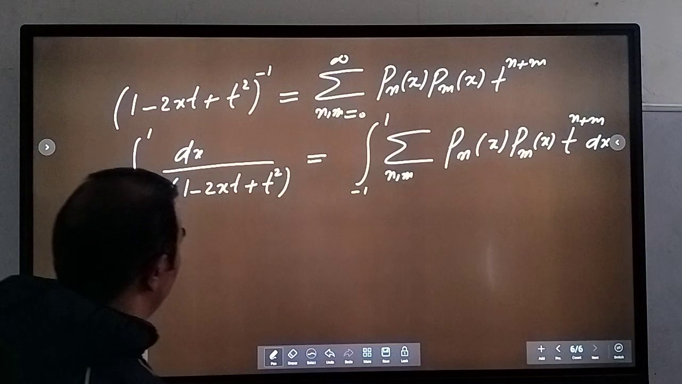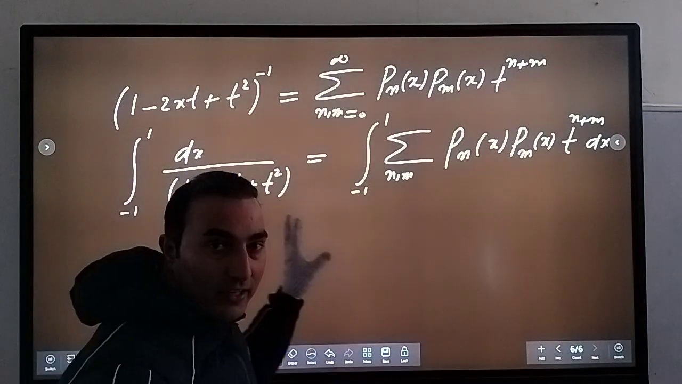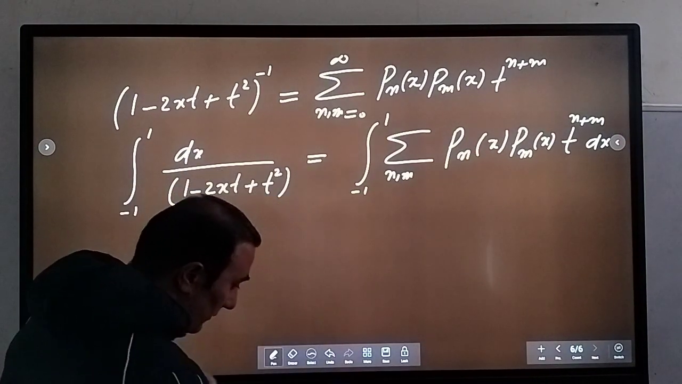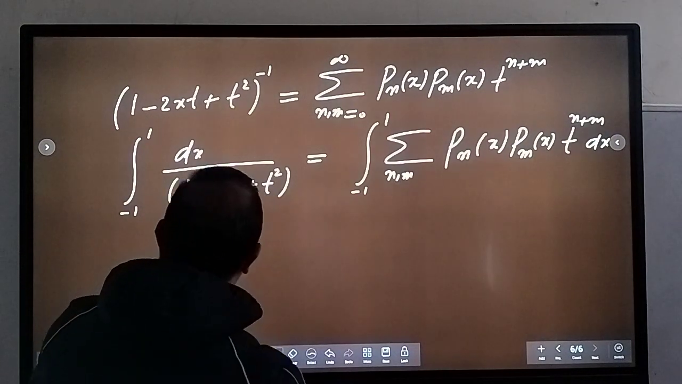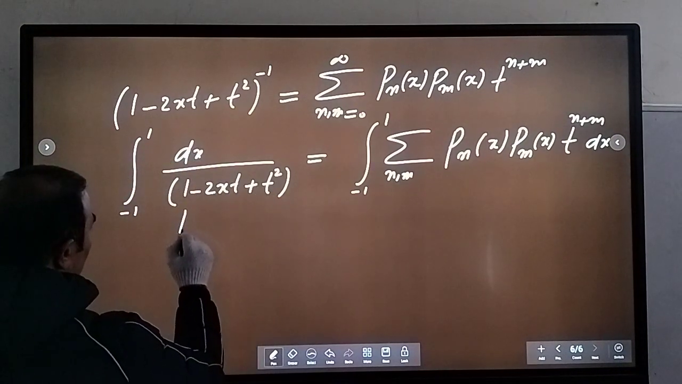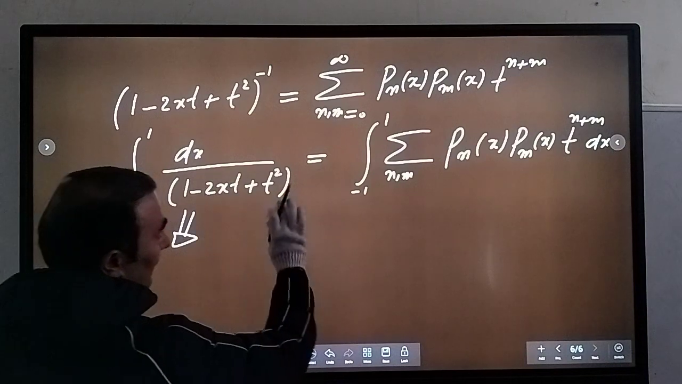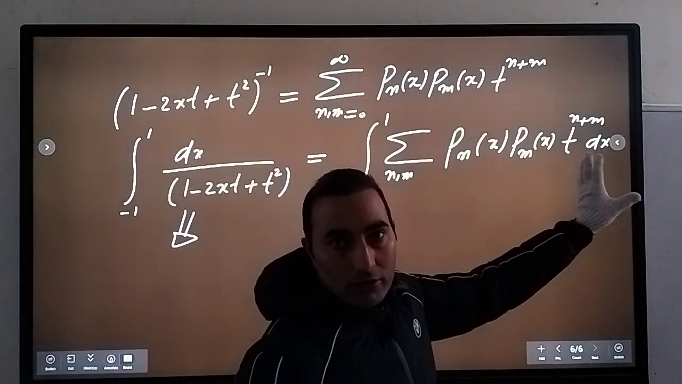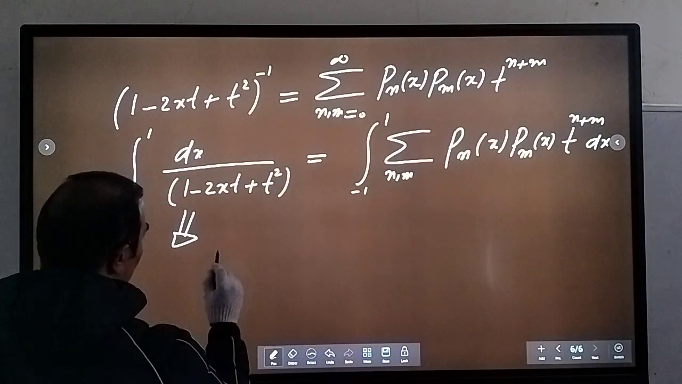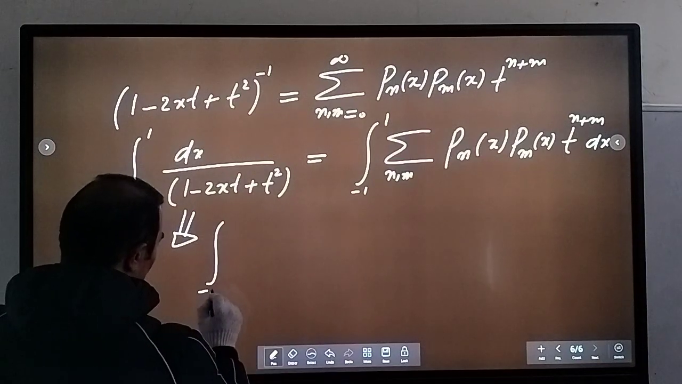Okay. Now, if you integrate, this is dx by x, so its integration will be... Let us evaluate this integral first. So first we will evaluate this integral, then we can put in that it is equal to this thing. So this integral will be equal to, so we can write that